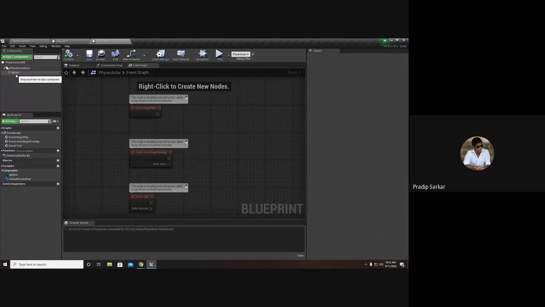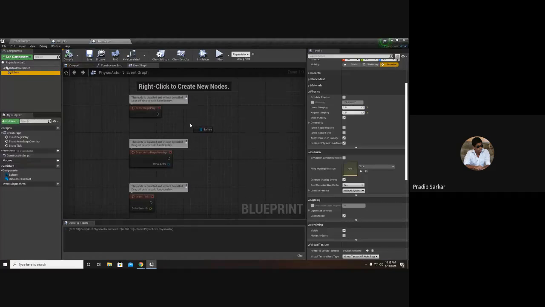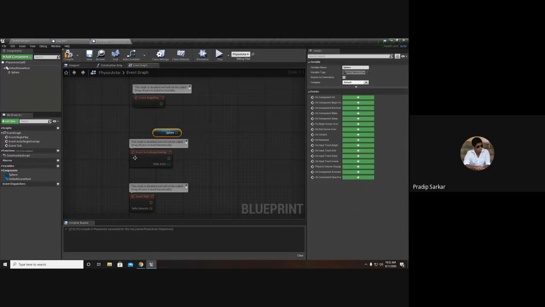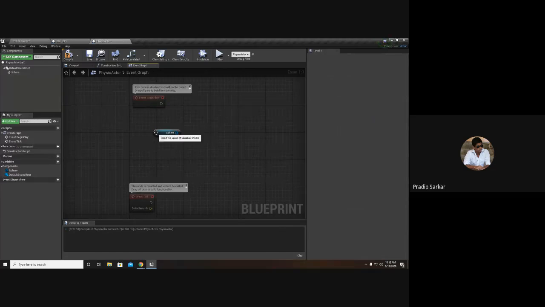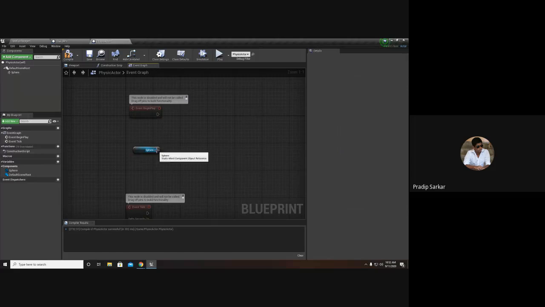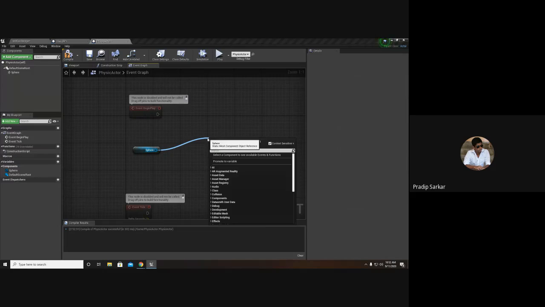First, I have to get the reference of the sphere. Once I have got the reference of the sphere, now I have to enable the physics.